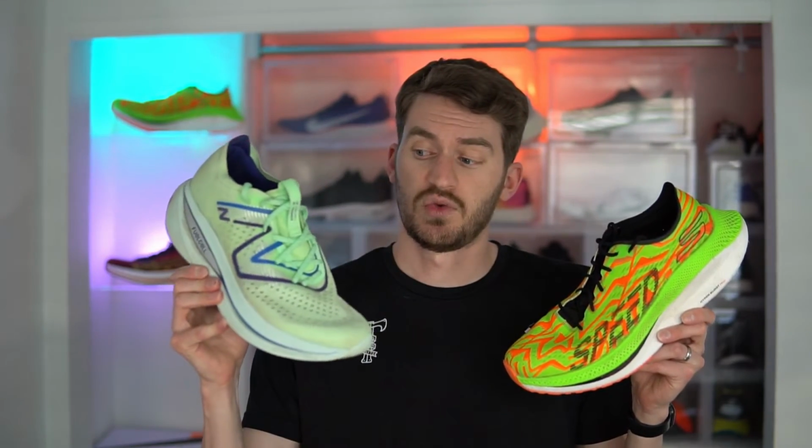I know that some people do enjoy racing in the SC Trainer. It's not a racing option for me. I don't think either of these are personally. As far as up-tempo trainers, I do kind of prefer that squishier foam of the FuelCell on the SC Trainer. And finally, I just wanted to point out that the Endorphin Speed, whether it's version 1, 2, or 3,